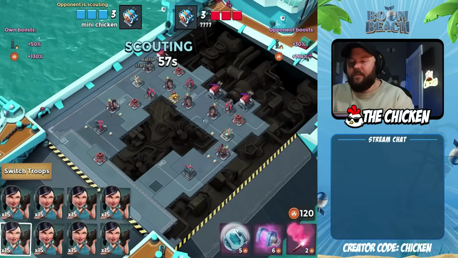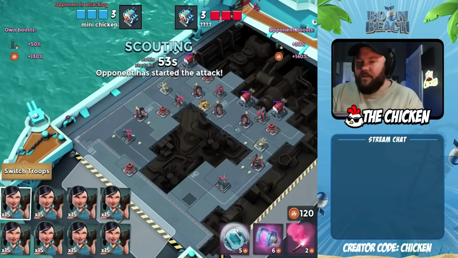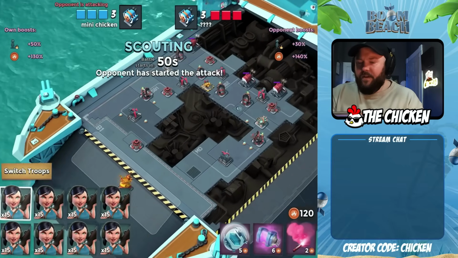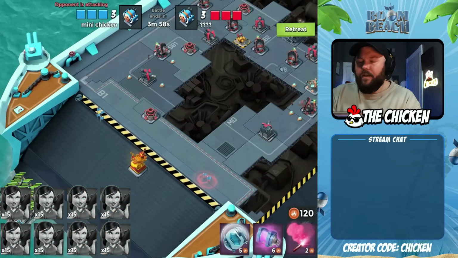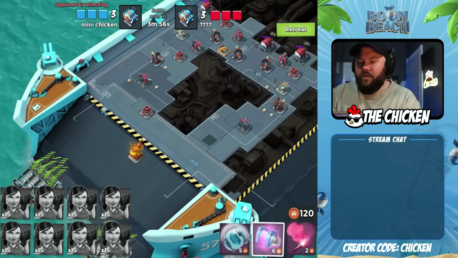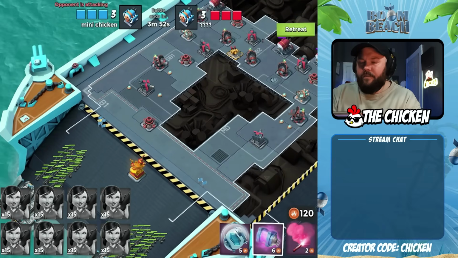So this one's pretty beefy. And we can do two things. We can either split them up on either side, which is what I'm going to do, or we can move them all together. Now, I think if you don't have as much gunboat energy as I do,